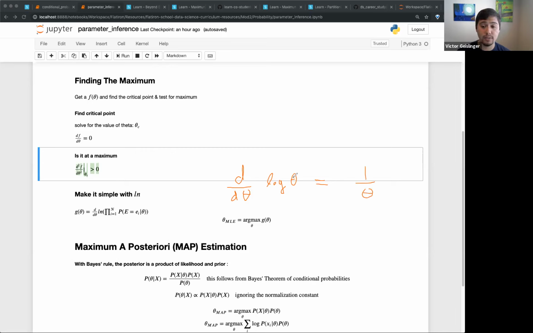And what's kind of cool is if I replace this with a function, say h, it's just 1 over h times the derivative with respect to theta of h. So that's kind of nice. We can write this out pretty quickly. And because probability tends to be based around theta, we can just do it with respect to theta over here.